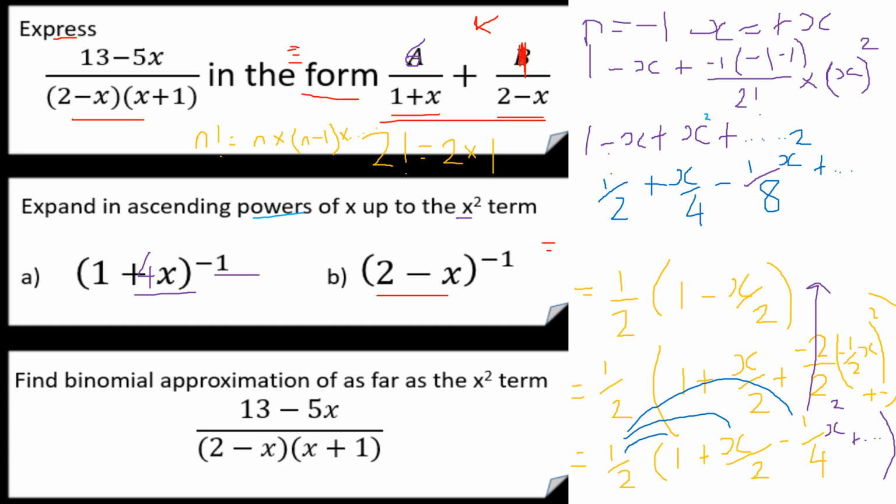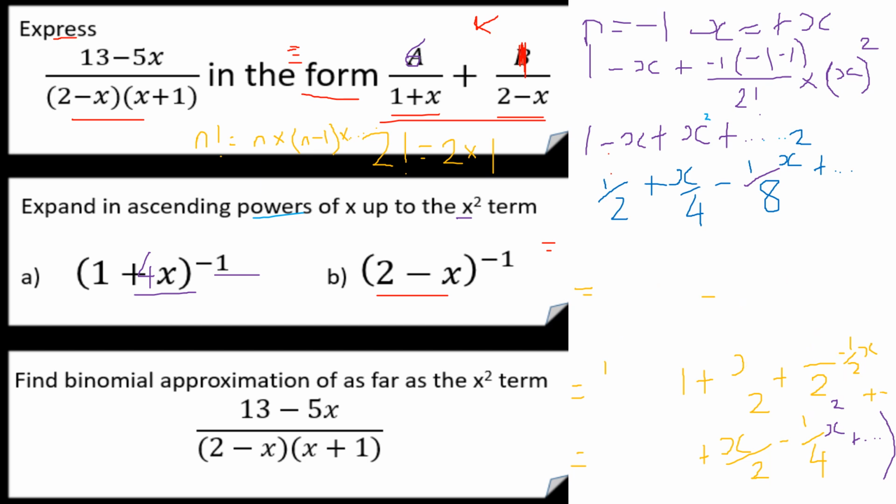So the final part here is to find the binomial approximation, as far as the x squared term, of this algebraic fraction expression. I'm going to be careful here. So remember, it's in the form